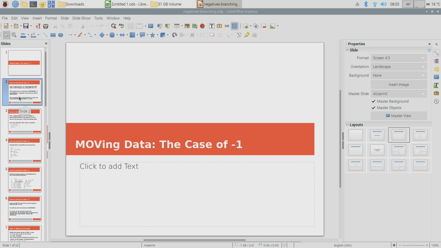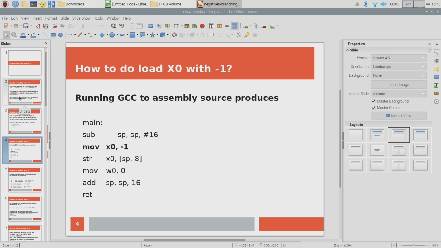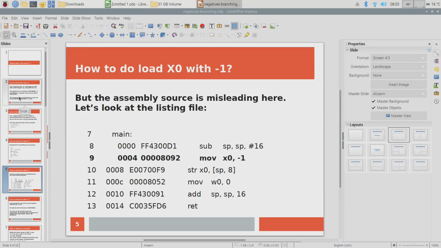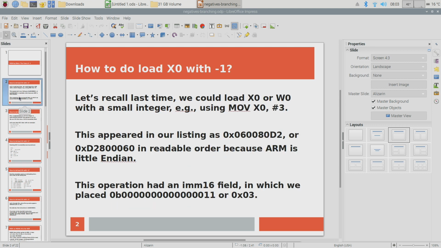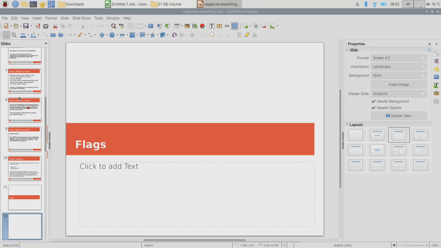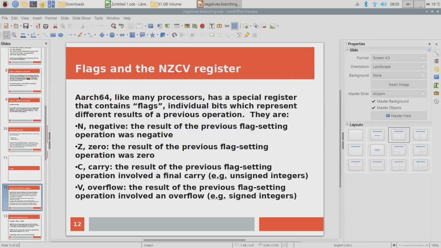Okay, so just to recap the difference here, we learned that there's really three types of move instructions, and we discovered sort of by accident one of the kinds. Okay, so then we were talking about the flags. Just to remind ourselves, the flags that we'll be dealing with are N, Z, C, and V. So negative, zero, carry, or overflow. And these things will be the basis for